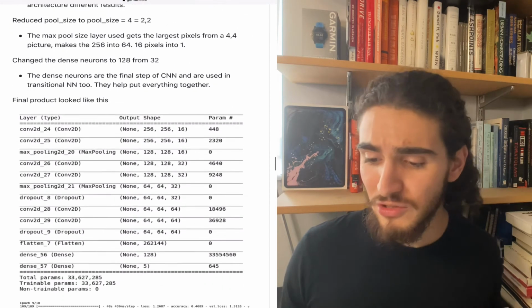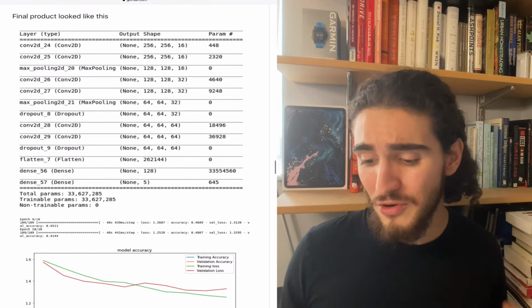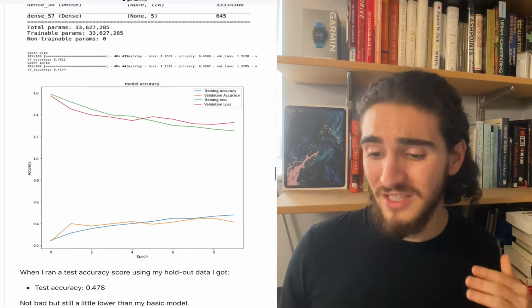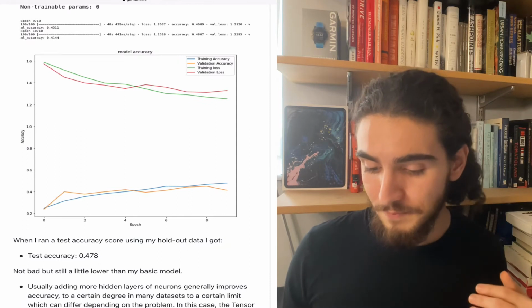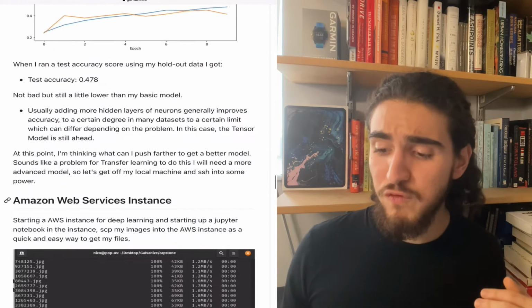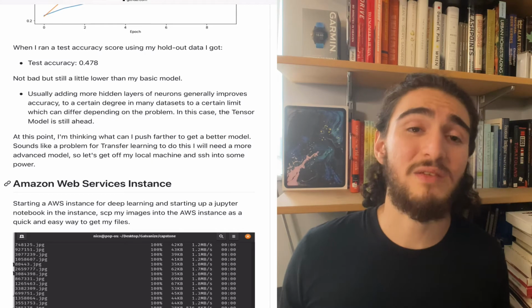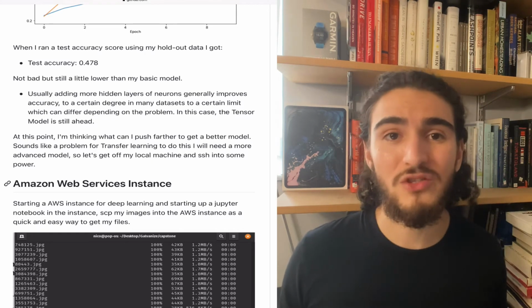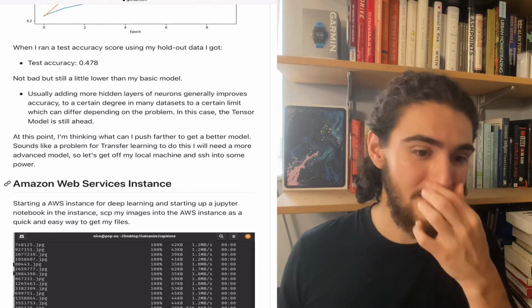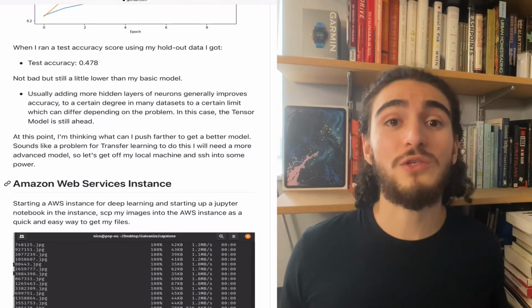and I changed the dense neurons, and in the end it looked like 33 million parameters, and you can see in the graph it just didn't work out. It wasn't that great of a model, and I got something around 47% accuracy, which is worse than my cookie cutter model, so not good. So I'm gonna move on, and now that I have a really basic model, I'm gonna move on to